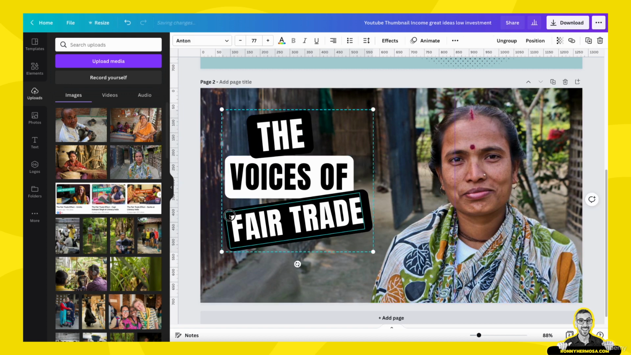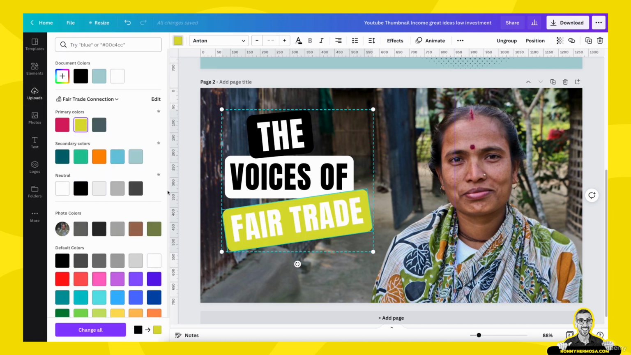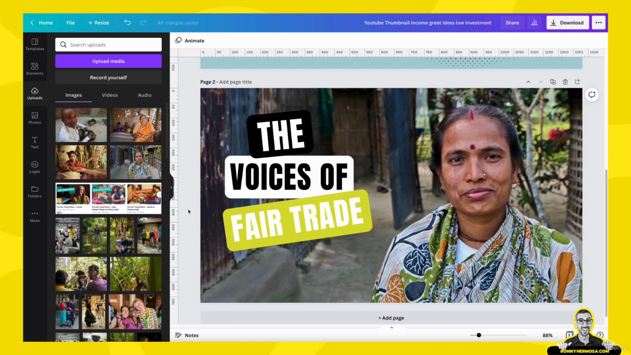The only thing is that I could accentuate the word fair trade here by changing its color. So I'm going to change the black color for one of my branded colors. Okay, like so, the voices of fair trade. Now this is pretty cool. I like how this is stacking, how it's balanced. One thing I could do maybe is to add a little visual here that represents the voices, that represents the